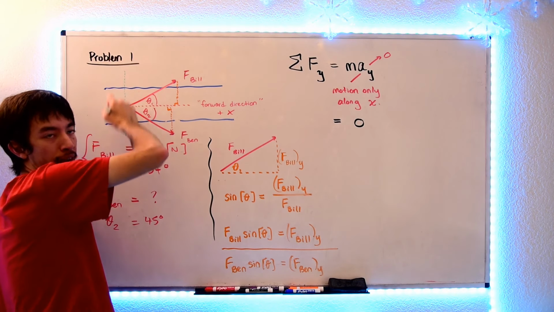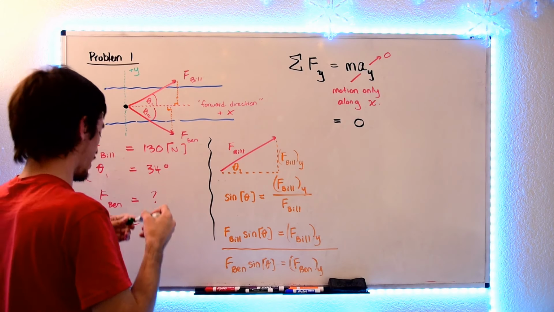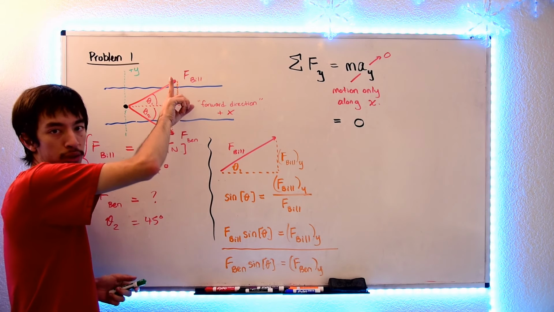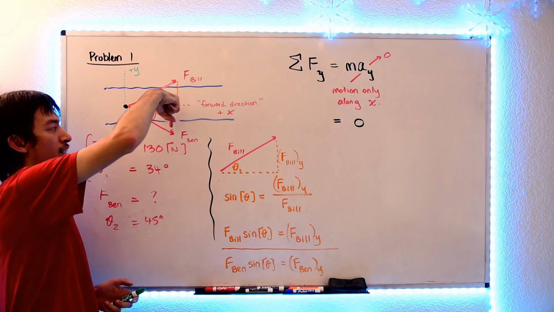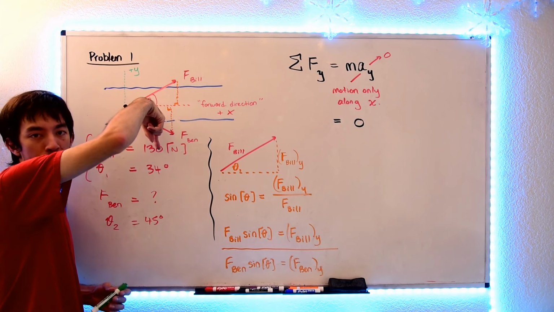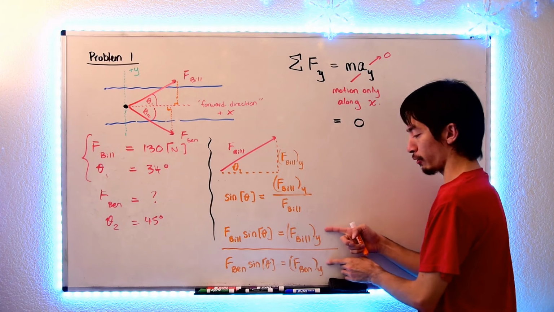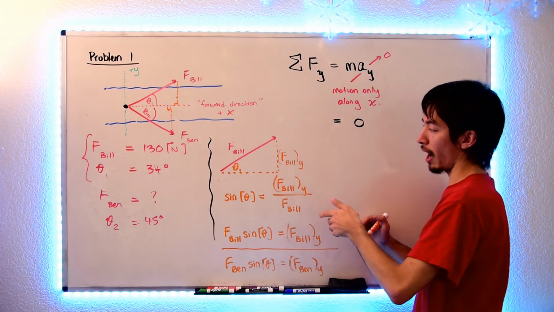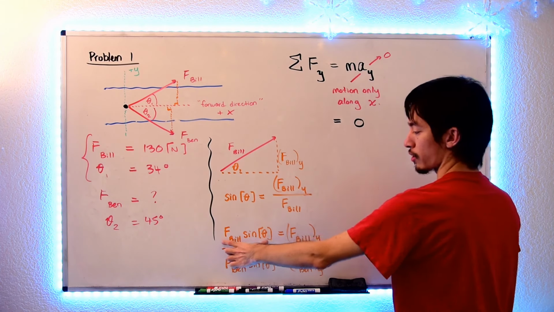This will be my vertical axis, the y-axis, with positive y going up. So that means that the force from Bill is in the positive y direction for its y component, and force from Ben is in the negative y direction. So how I express this is by writing my force y components. So let's start with a positive one, so that'd be force Bill. I'll write this one out first, so force Bill